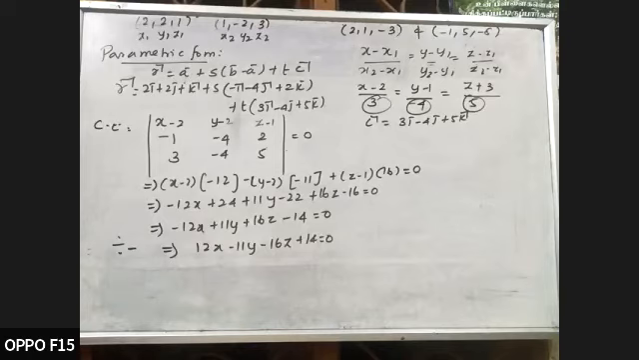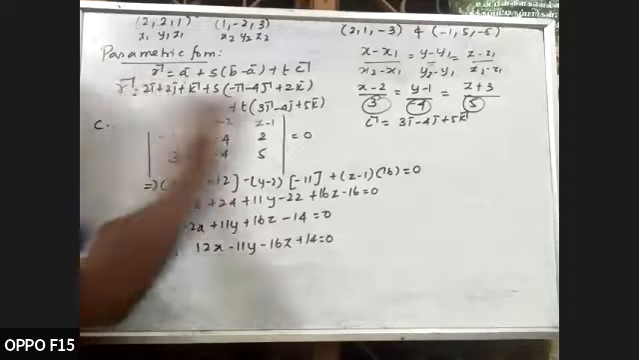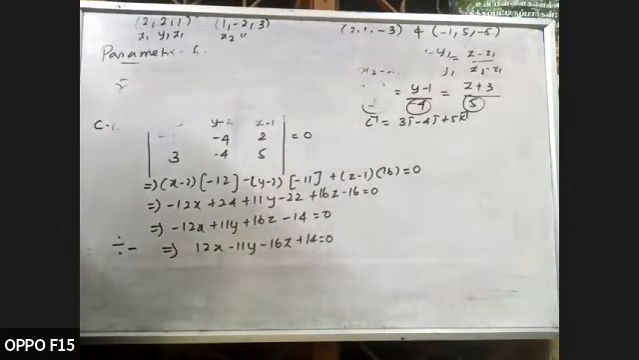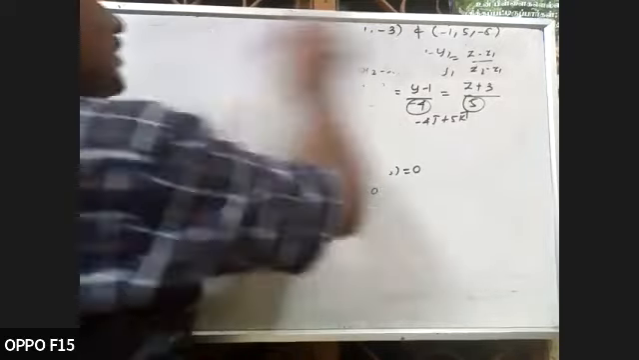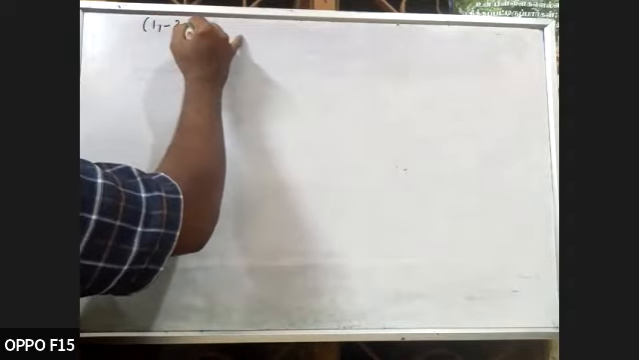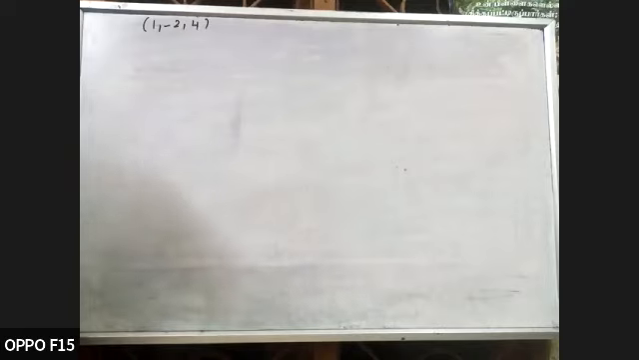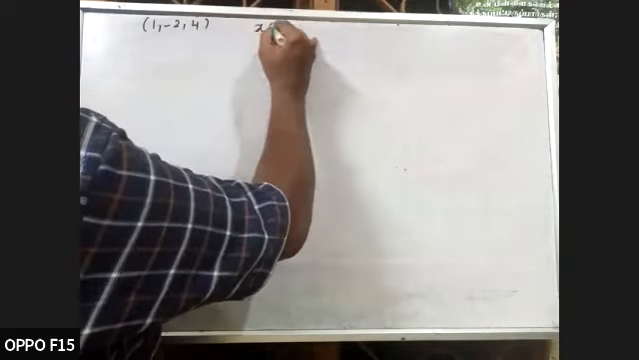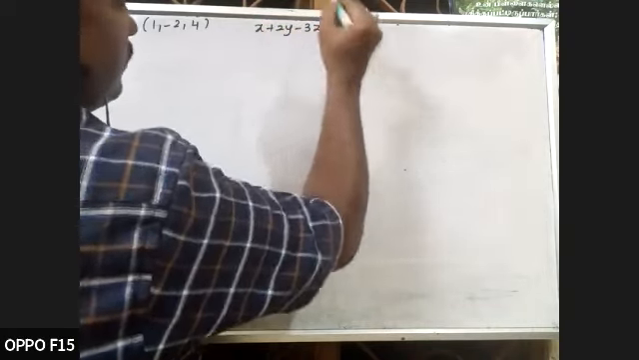Next, look. Find the vector equation and the Cartesian equation of the plane passing through the point 1 comma minus 2 comma 4 and perpendicular to the plane x plus 2y minus 3z equals to 11